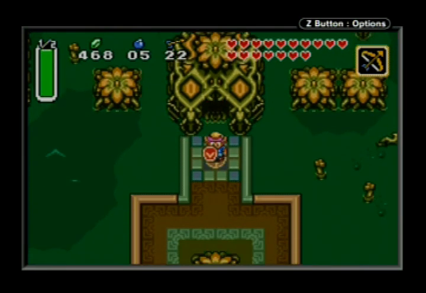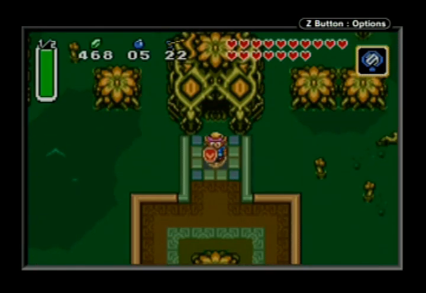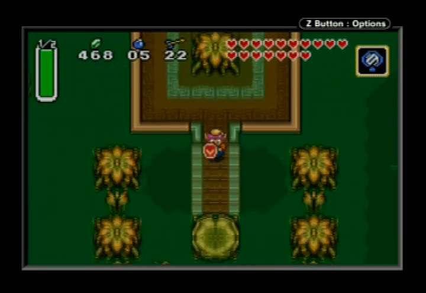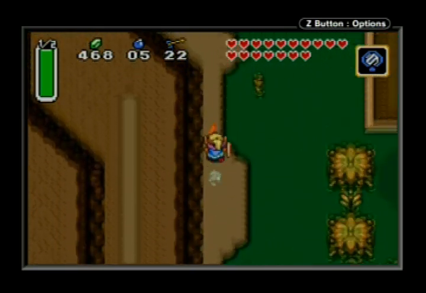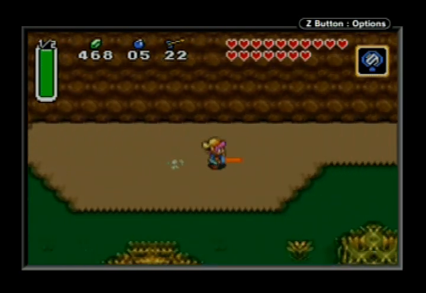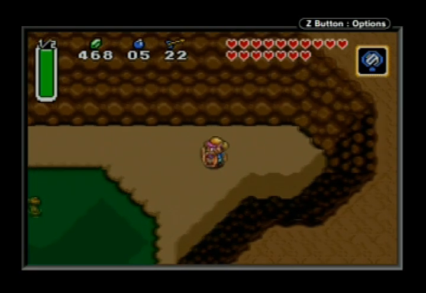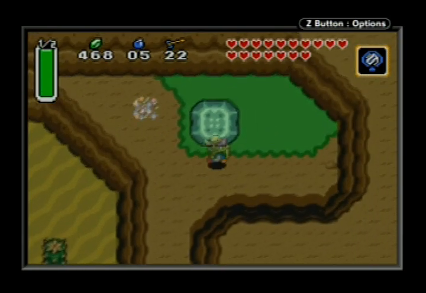Okay. Cool. So now we have 6 crystals out of 7, and it's time to do some backtracking. But first, not backtracking, side questing. I always say backtracking. But first, we got to get a heart piece that is actually in the light world, but only accessible via Misery Mire. You want to warp right about here, back into the desert, and then you can lift up this